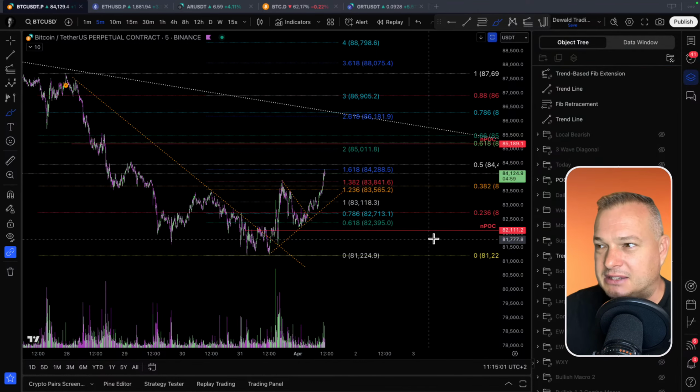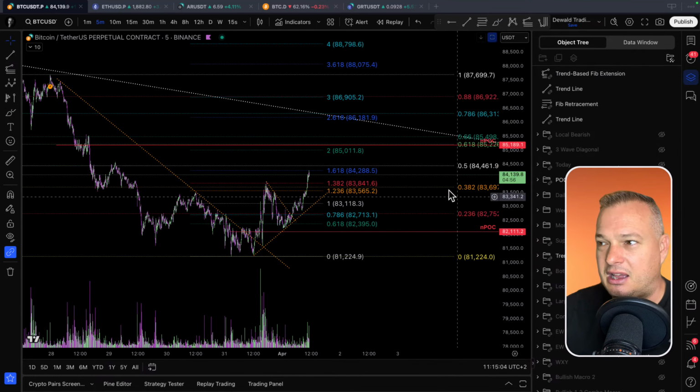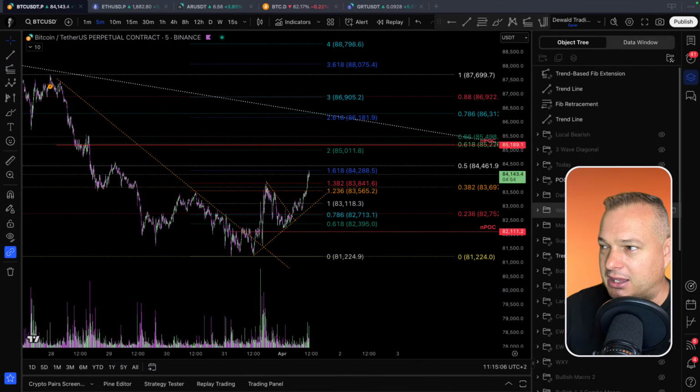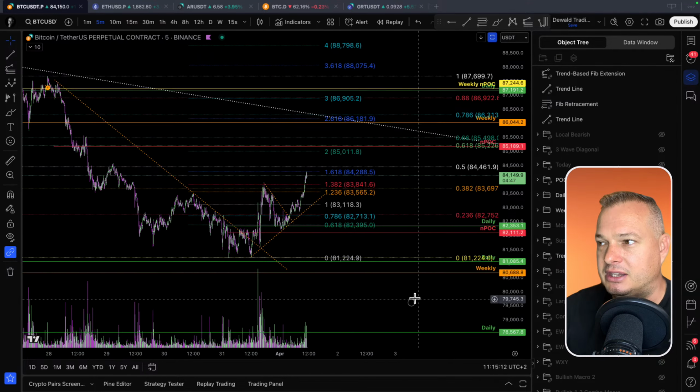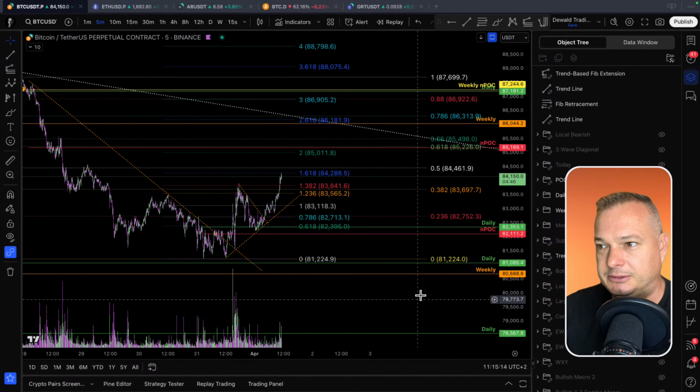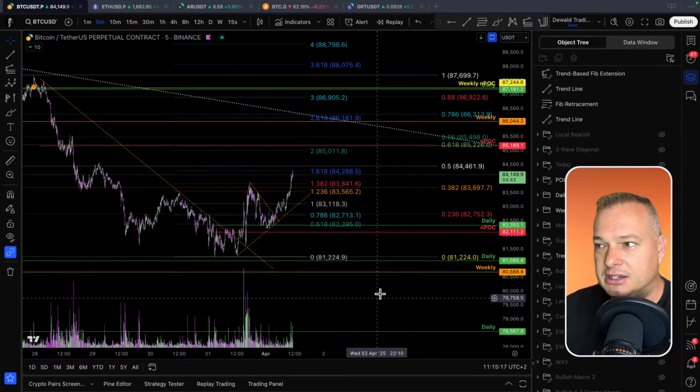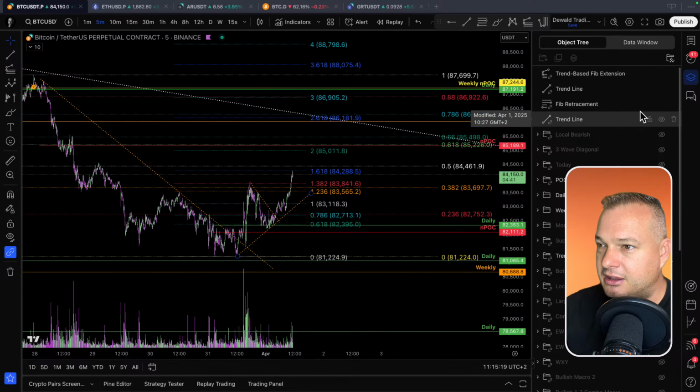I use my trend-based FIBs. I use my FIB retracements. I have my daily levels. I have my point of controls. I have my weekly levels, right? I have all my areas of confluence marked out. Right, and I know it looks a little bit messy, but the level that I am paying attention to the most here at the moment is,